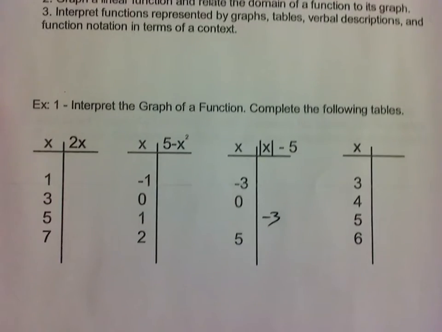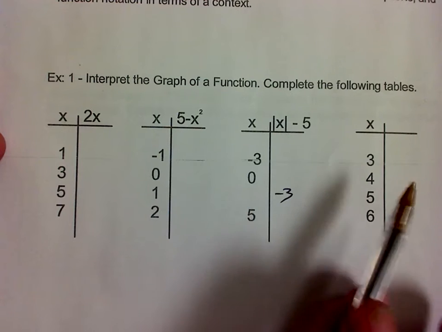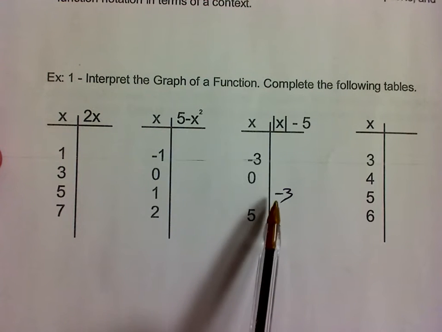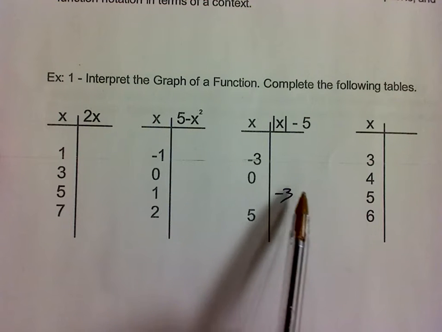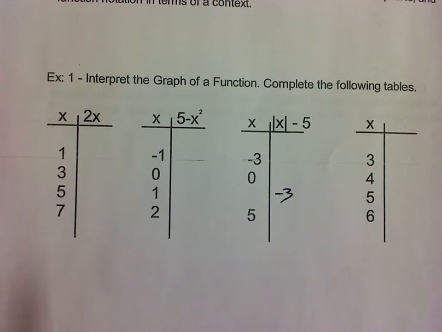All right, first off, we do have these four functions here. I do have a blank one at the end that I'm going to just leave blank. If you print out these notes or have copies of the notes, you will notice that key difference here. I added this -3 in right here where we don't have a value. Okay. So looking at this now,